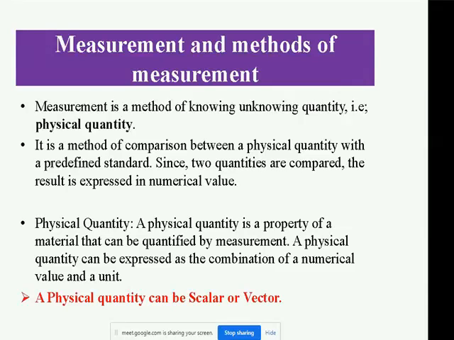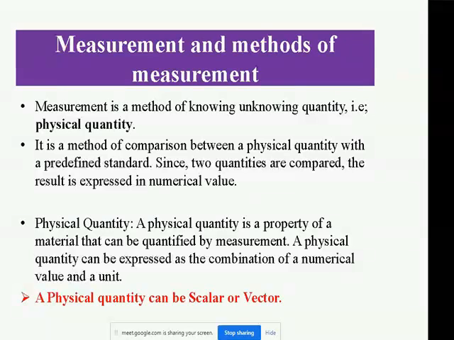So a measurement is always done by the process of comparison between the physical quantity and a predefined standard. For example, I have a scale, and with that scale I have to draw a line of 5 centimeters; I have a compass, and I have a protractor, with which I have to make a 90 degree angle. Meaning these techniques are predefined. So we measure with the help of some predefined standard, and two quantities are compared, and as a result of the comparison it gives us a value and a unit.